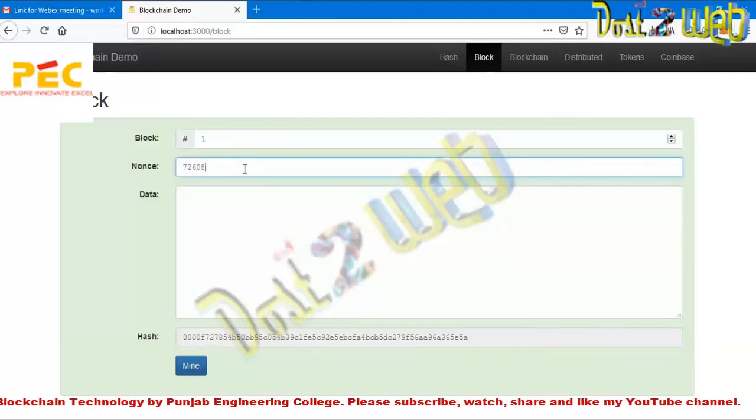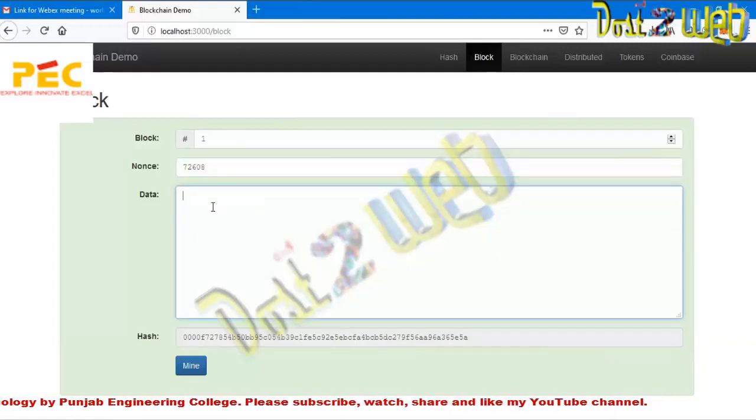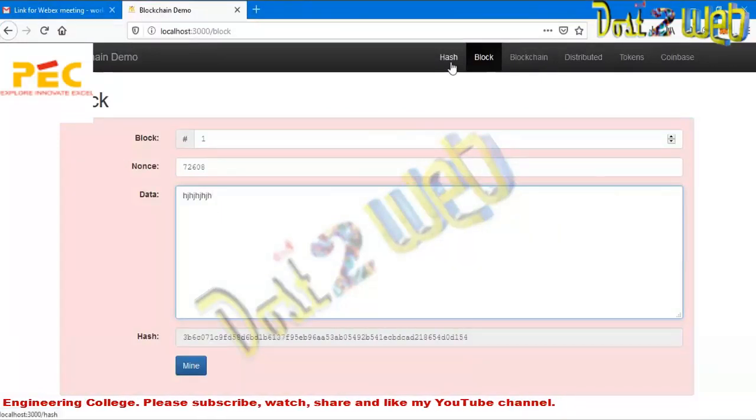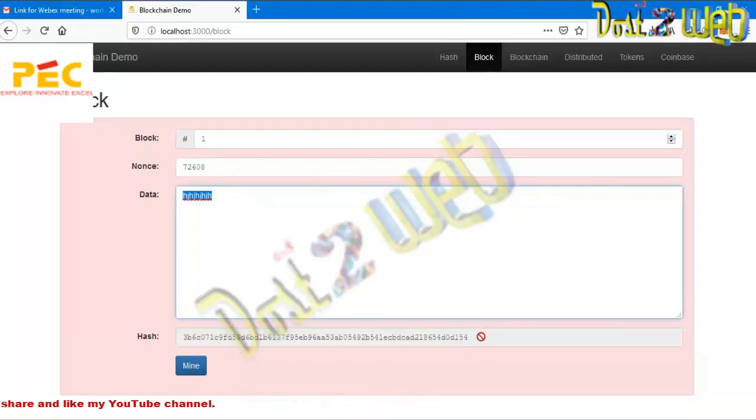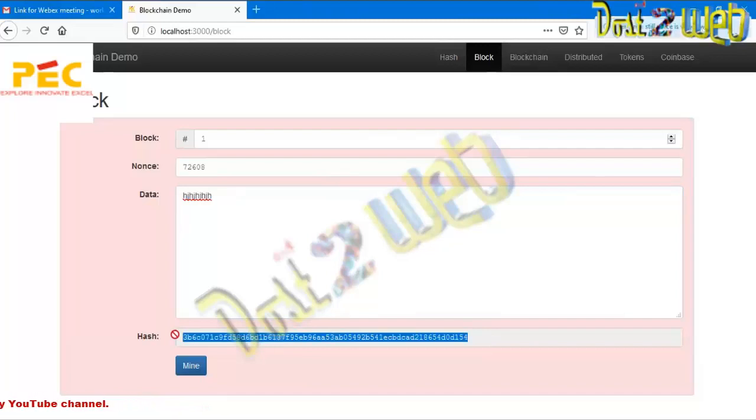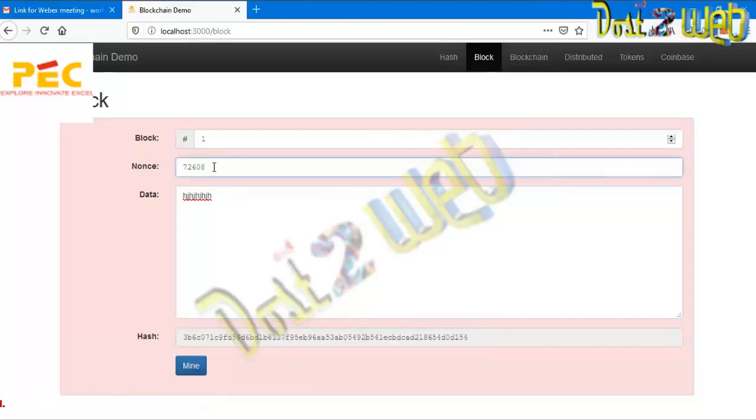So I was just trying to explain what the nonce actually is. Suppose this is the data. If this is the data, then obviously it will have the same hash, right? It is not possible that for the same data we can get different hashes. So for that purpose, we take this field, which is in our hands, and change it with random numbers so that the required difficulty level can be met.